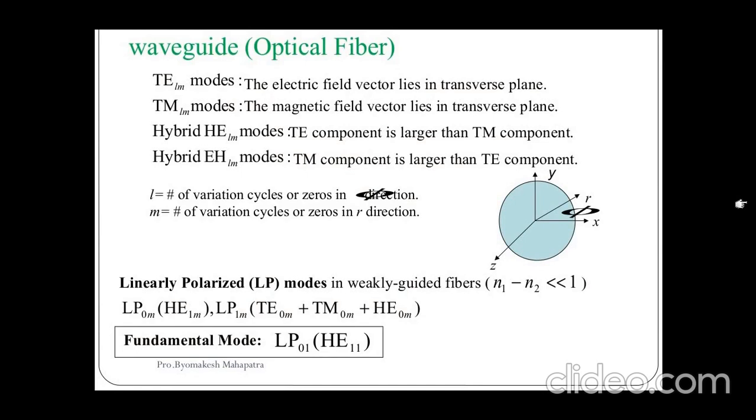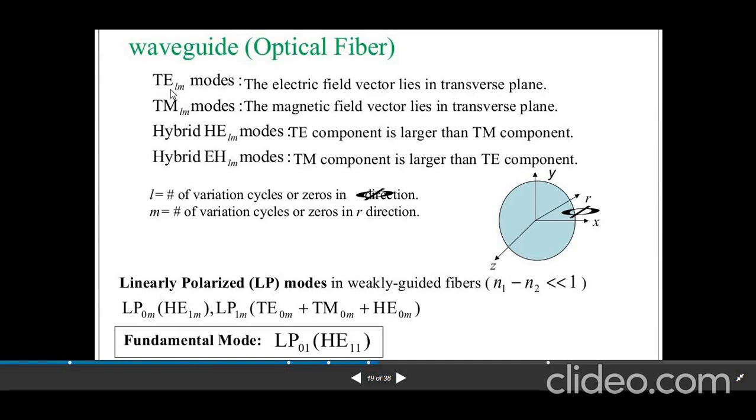Now next we are taking circular cylindrical waveguides, the optical fiber. How are we going to get the modes? To get the mode, we had this formula, ELM. What does LM stand for? The electric field vector lies in the transverse plane. As you can see, this is spherical, right? I'm going to find the 3D phenomena for it. L indicates zeros in the phi direction, this is the phi direction, and M indicates zeros in the R direction, this is the R direction, because we are taking the cylindrical coordinate system, right?